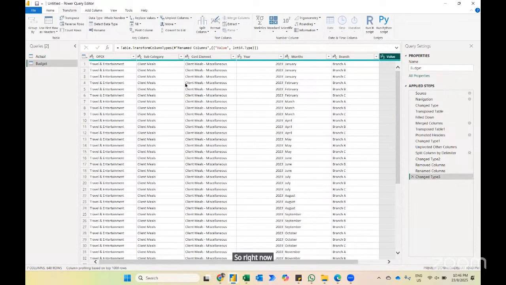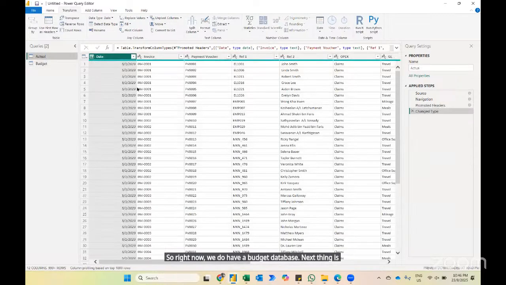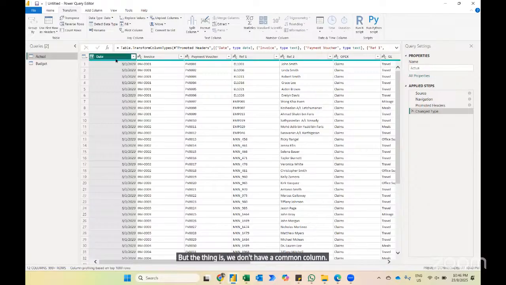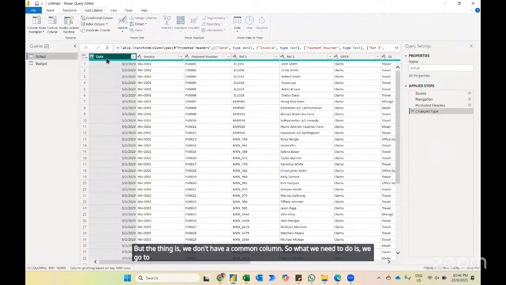So right now, we do have a budget database. Next thing is actual. You see here, actual is all okay. But the thing is, we don't have a common column. So what we need to do is, we go to add column. Make sure you click the date column. Add column. We click over here,